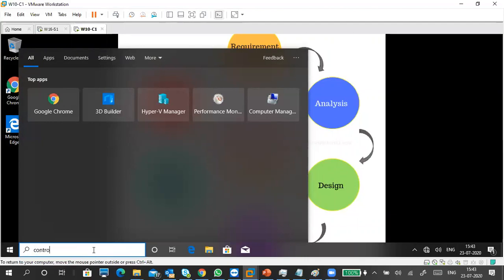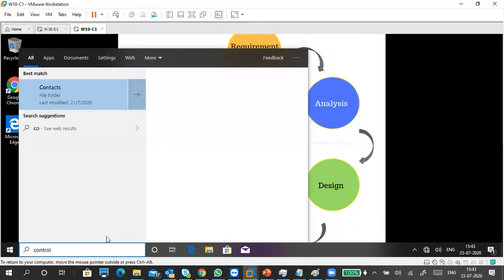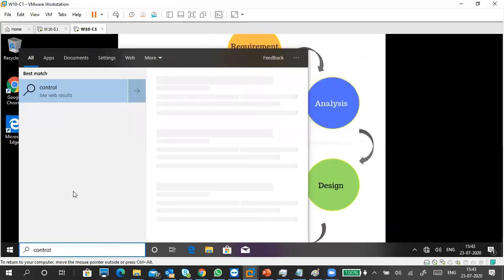Control panel. Still it is not properly setting. So control panel.